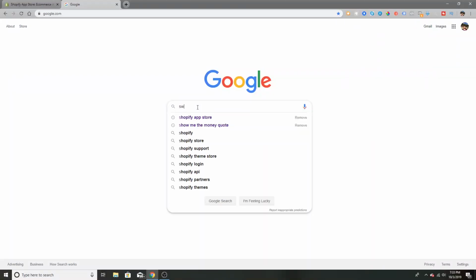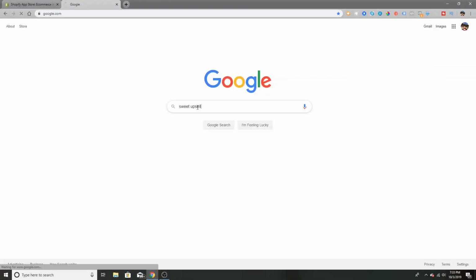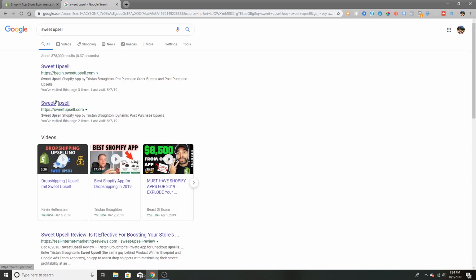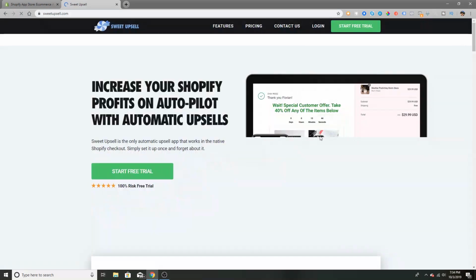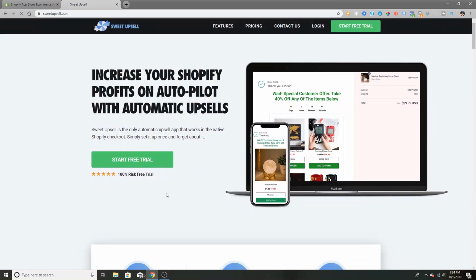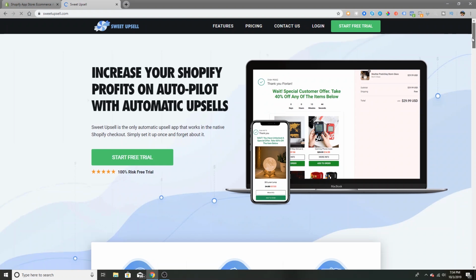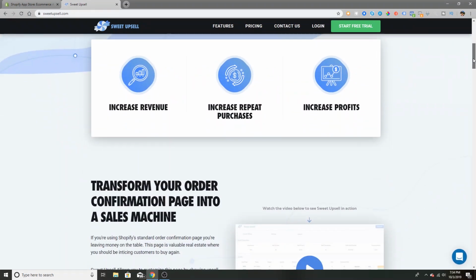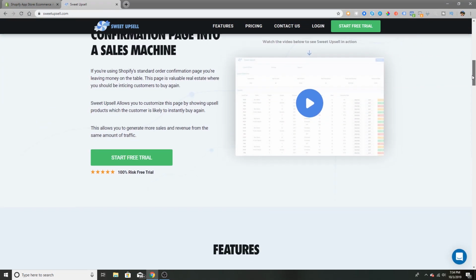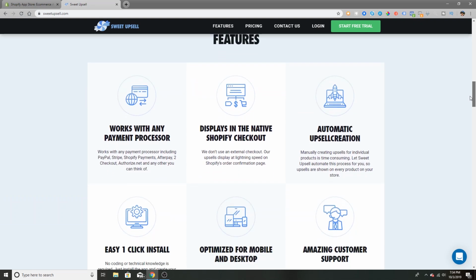The next one is Sweet Upsell. Now this one you won't find on the Shopify App Store. There are some post-purchase sequence upsells. I don't like them as much. I do like the Sweet Upsell. So this one you can actually go to Google search, type in Sweet Upsell, and basically the reason that I like the post-purchase upsell rather than the during is